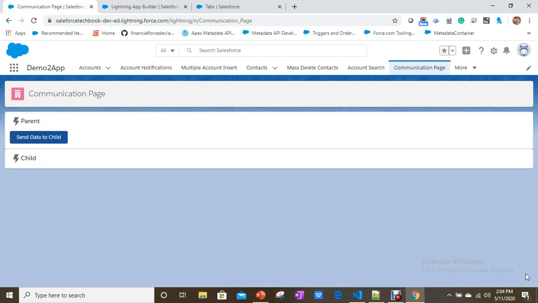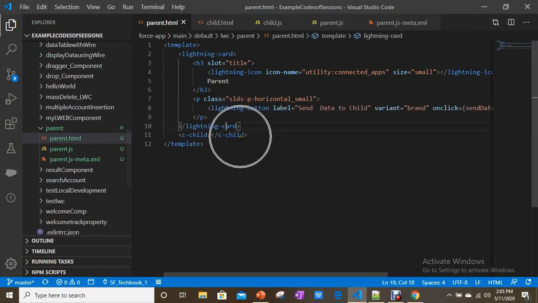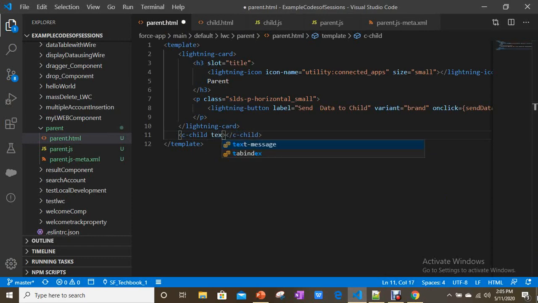Okay, now you have to pass the communication from parent to child, right? You already have a public property, you just need to pass the message. Simply, go to the parent HTML, and here just take your text message.